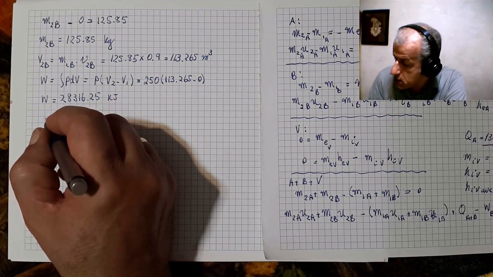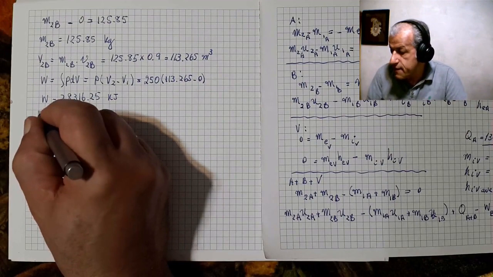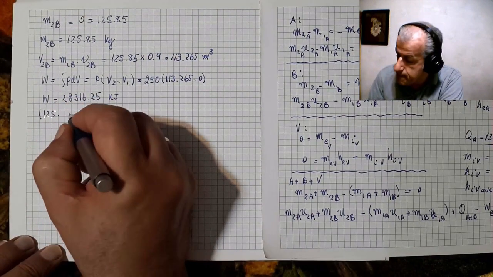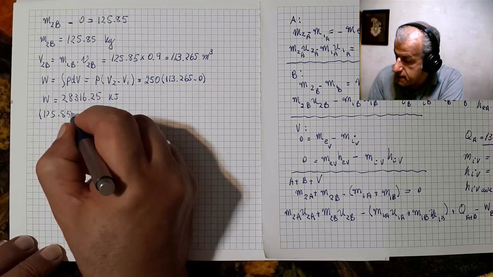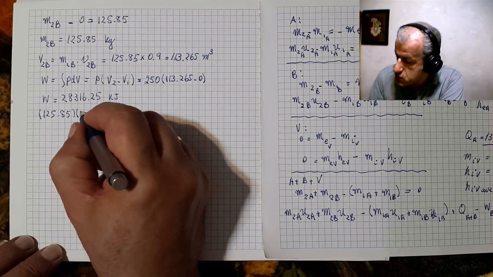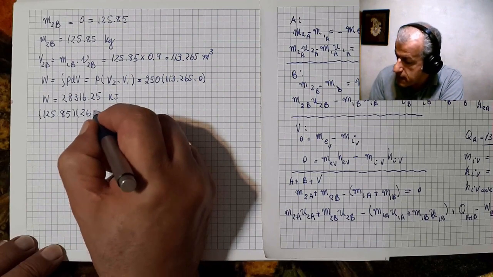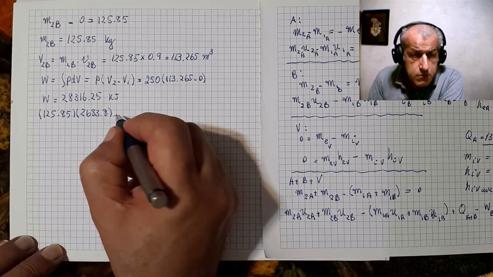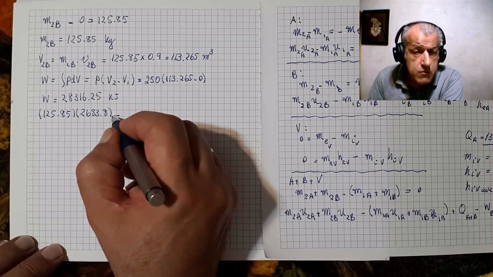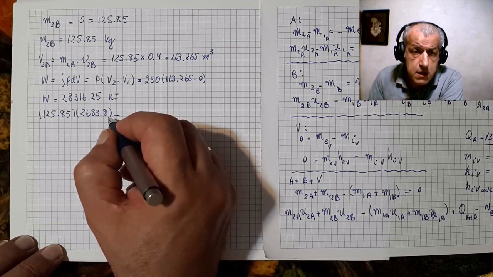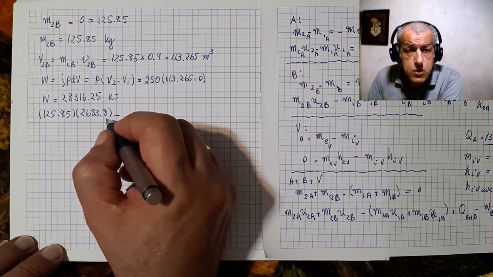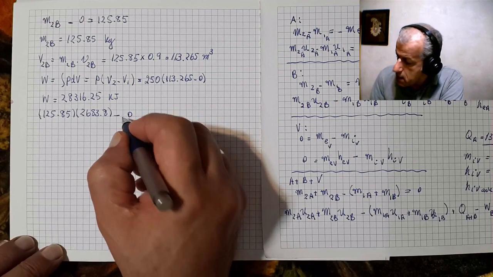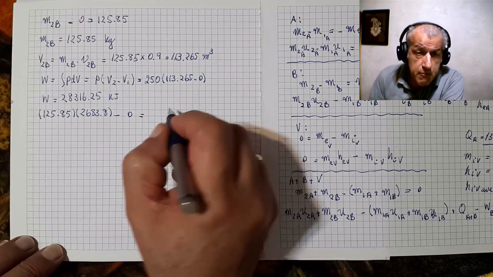M2B U2B, which is 125.85 times 2683.8, minus M1B U1B, which is 0 because initially there was no mass in B, so minus 0,